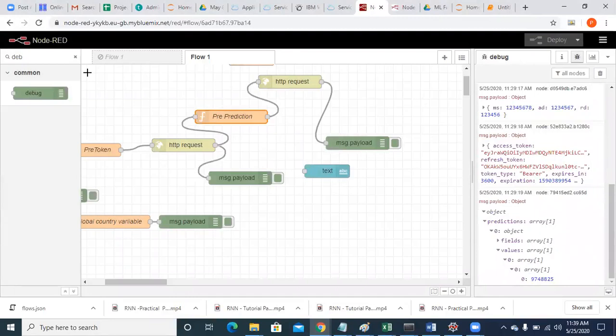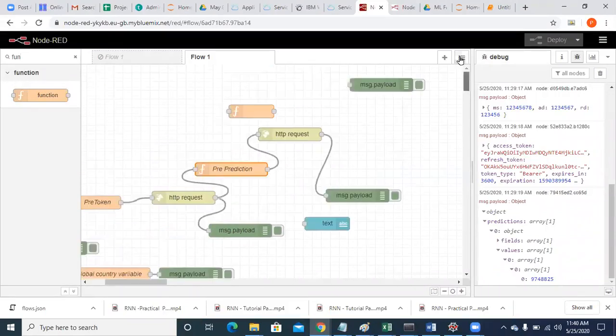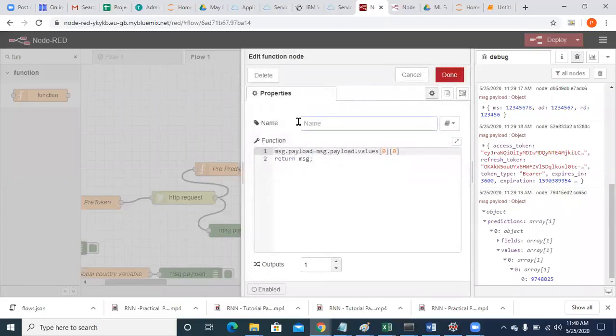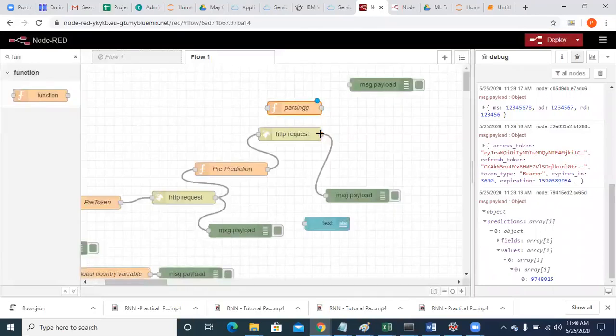Get a function node. You already have a function node above, right? Open that. I'm naming it parsing. Now remove whatever is there, but do not remove return message. Put msg.payload equal to msg dot, and paste the path.